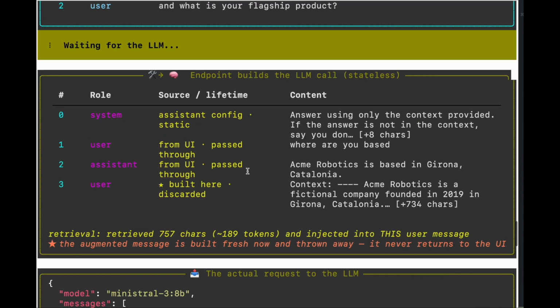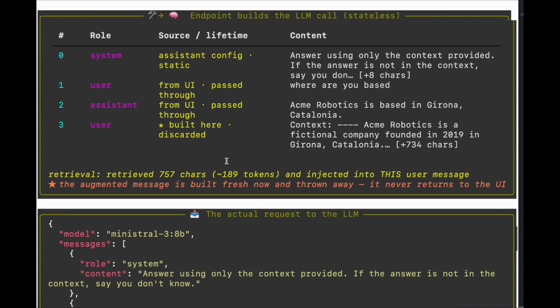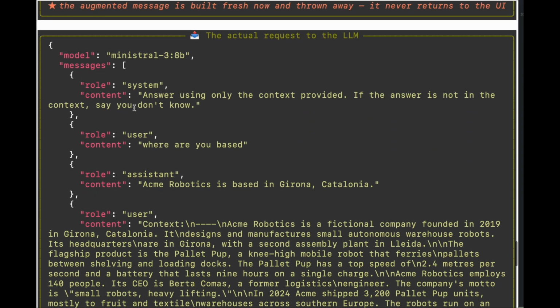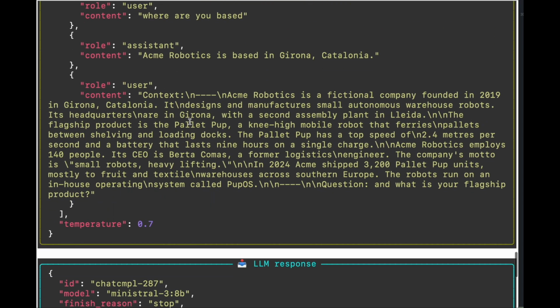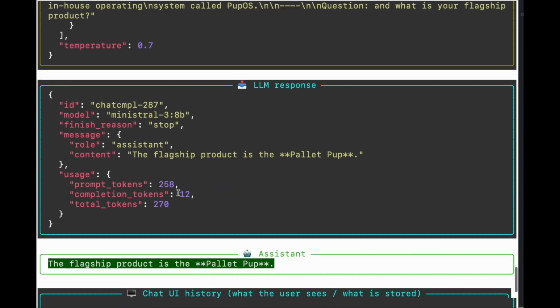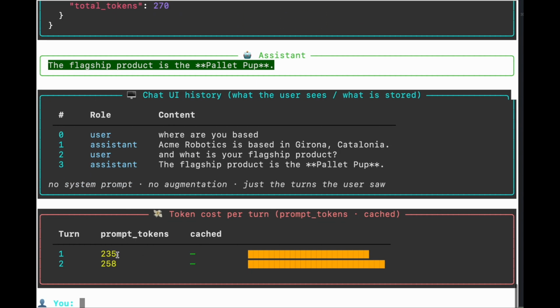And now the endpoint is going to build the call, and what we send to the LLM is again the array of messages with the system prompt, with the first question, just the bare question, not the augmentation that we did, then the actual answer that we got, and now the next question is augmented again with the file. So what we see is that each time we do the query, we are sending over and over and over the file.